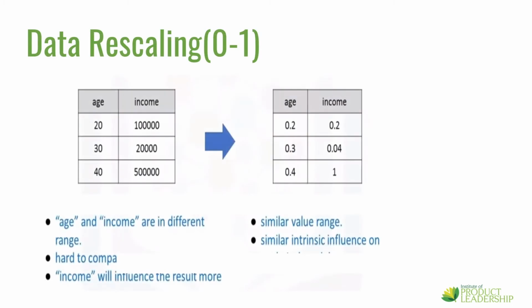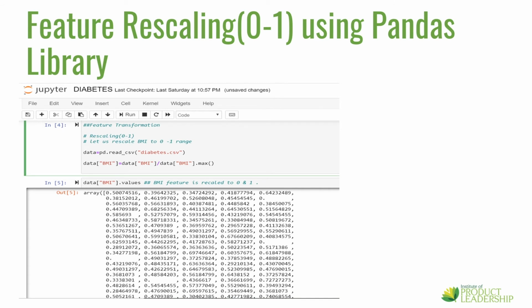When your data is comprised of attributes with varying scales, as in the example of age and income, many machine learning algorithms can benefit from rescaling the attributes to all of the same scale. Often this is referred to as rescaling into the range between 0 and 1. This is useful for optimizing algorithms used in the core of machine learning, which we will cover in the later part of the video series. Using pandas, we can rescale the attributes using the formula in the previous slide. Please refer to the Jupyter Notebook illustrated.